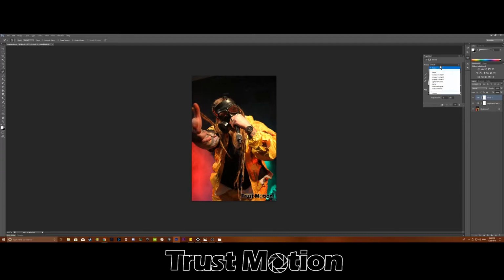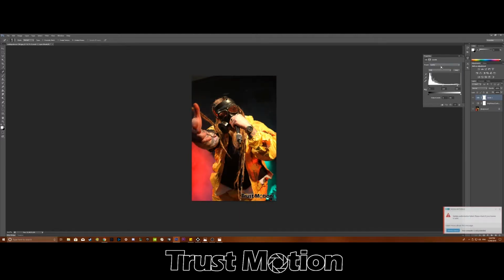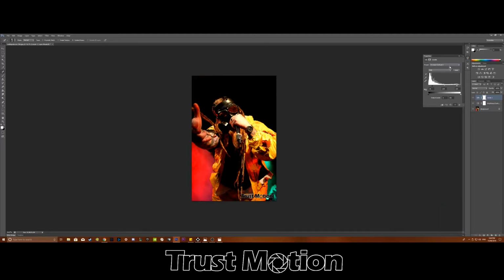Then from that point, we want to go to levels, and that in actions has already recorded that. So we want to go to default, as in presets, and you want to select something. You want to select darker, lighter, increase contrast, something around that. That way you can just keep looking over all your images and depicting which one is the better one. You can just do scrolling, and this is all in the same action, so it won't really change much. As you can see, you can't see his eye up in here, so you want to be capable of still seeing his eye. So this is increased contrast 1 for me,